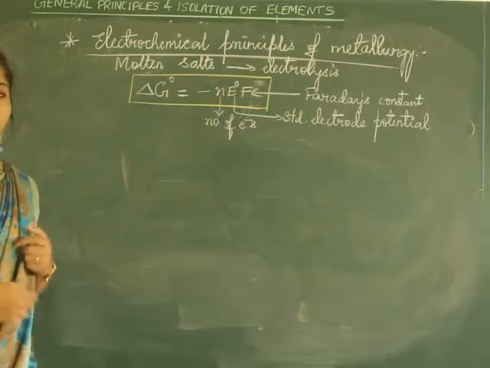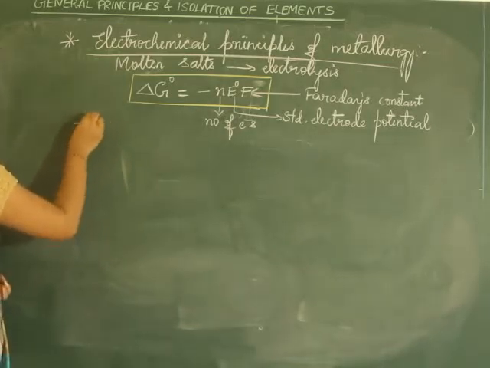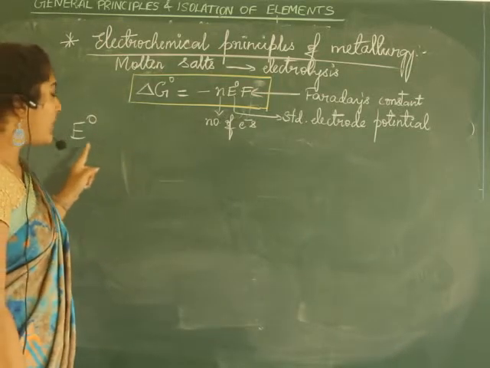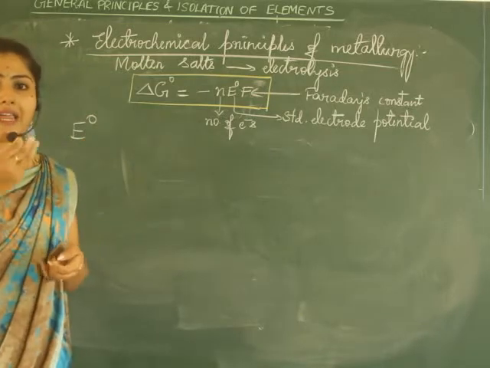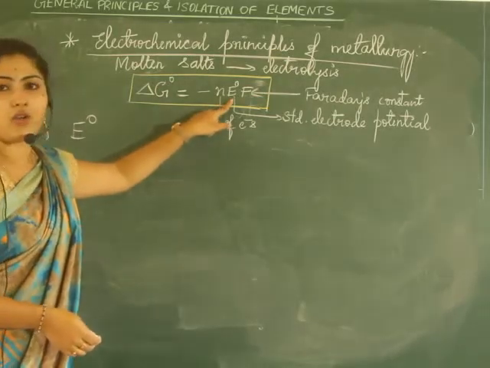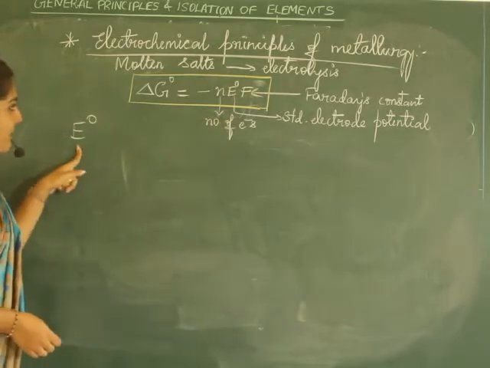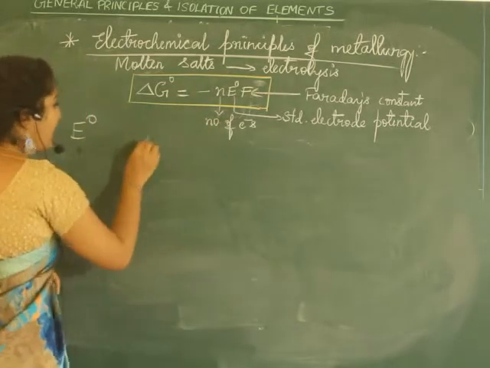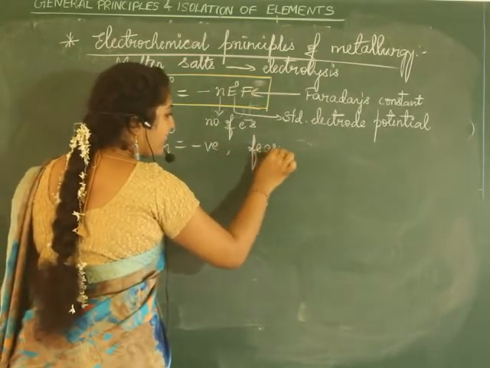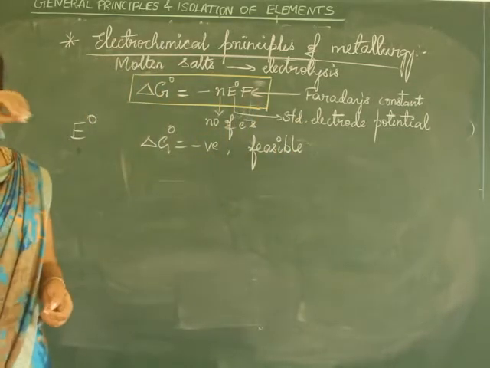Faraday's constant. So this particular expression we see. Now here when I am speaking about electrochemical principle, it means we are considering the values of E naught. E naught refers to what? Electrode potential. So we will be checking out whether electrode potential is high or low. We have a series, you remember, electrochemical series, from which we get to know E naught values for different substances. So we want delta G naught to be negative. If delta G naught is negative, that means the reaction is feasible, right?